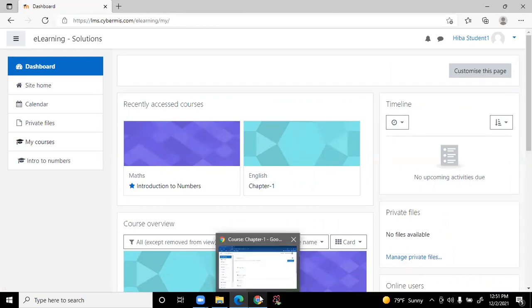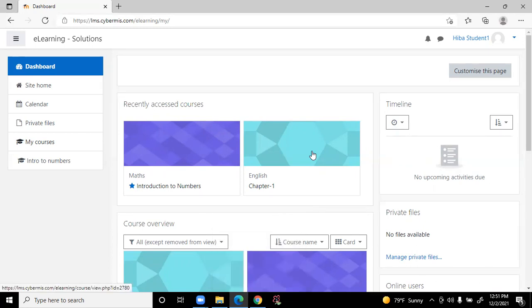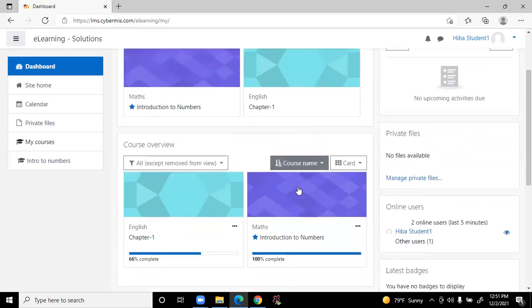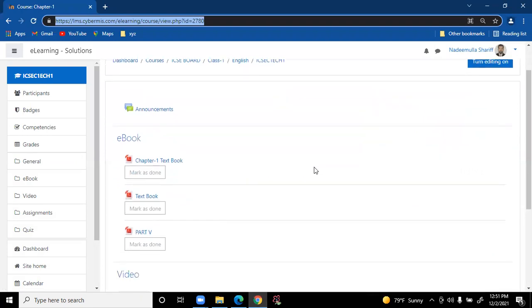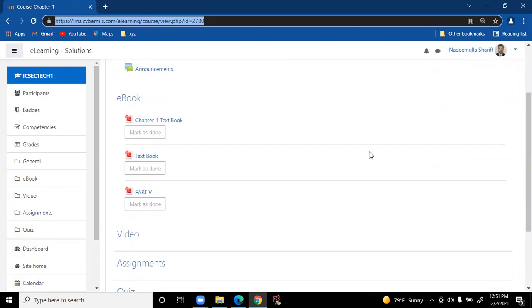Now again, how will the teacher know this 100% the student has clicked? From the teacher interface, they can identify. Grading? Yes, grades. Can you show that now? Actually, I will have to give the teacher login. Okay, fair. So we'll have the demonstration as a teacher also once we have completed this part.